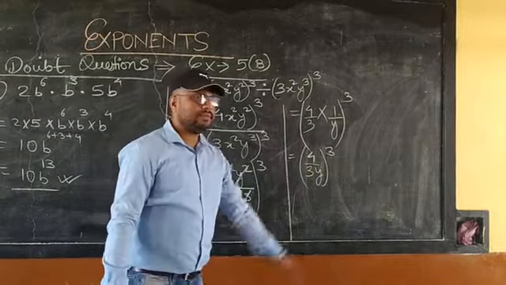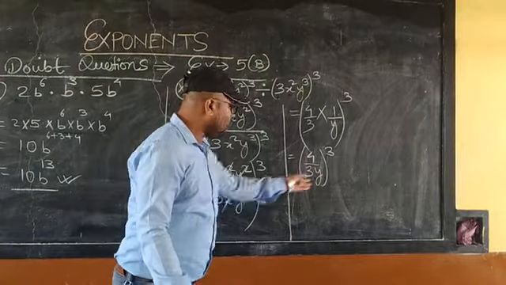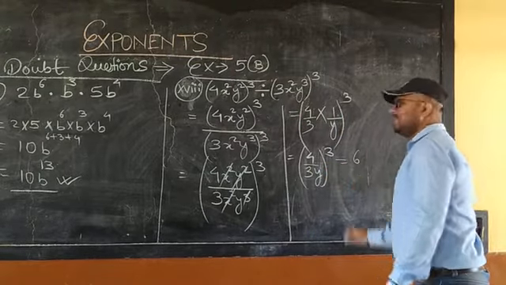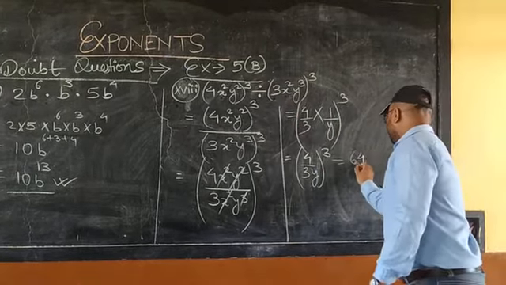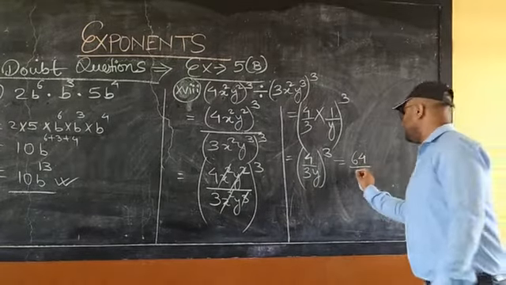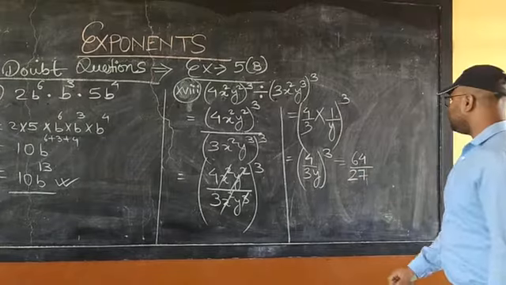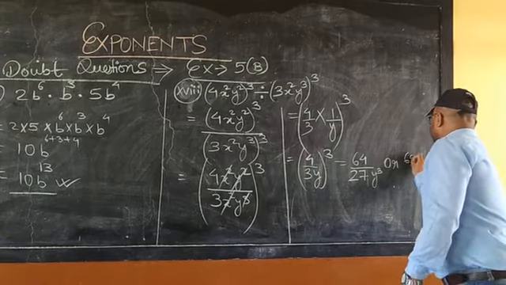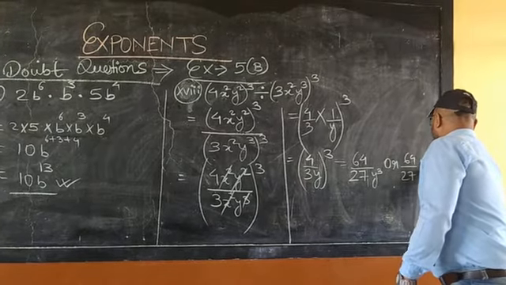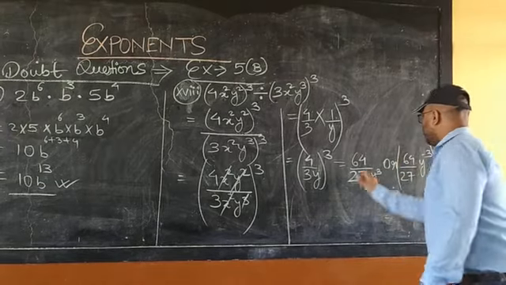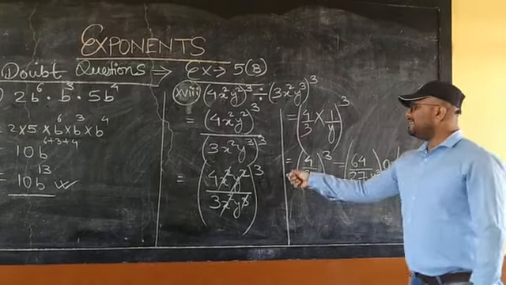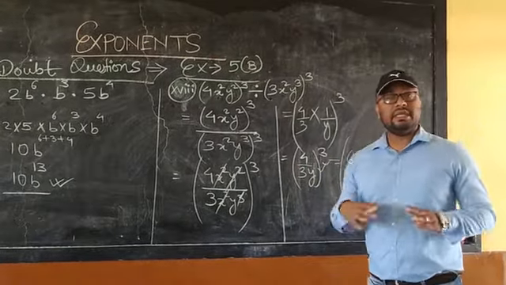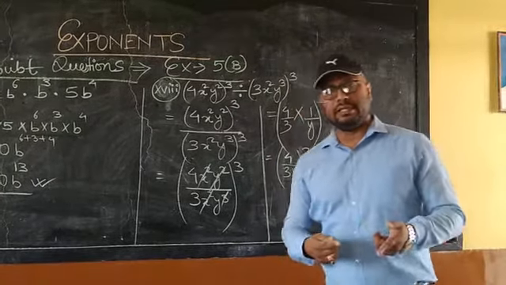If you want to expand it, if the question is asking for expansion, you can go for expansion. Like this it can be written 4 cube, it will be 4 4s are 16, 16 4s are 64, and 3 3s are 9, 9 3s are 27, so 64 by 27, and you can write y cube in this way also, or you can write 64 by 27 y to the power minus. This may also be an answer. Or if it is asking only for the exponential form, then this will be the answer. It depends upon what the question is asking. I am just telling you how to solve the question, students.